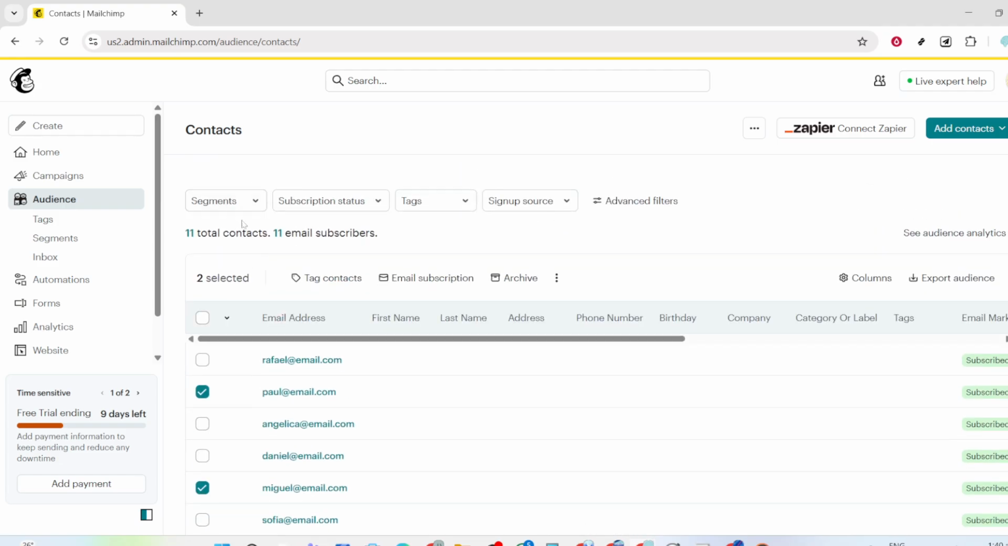Here's a crucial note. Only audiences that are not your default audience can be deleted. The default audience is typically designated by a label or icon and is protected to prevent accidental loss of your primary list. If the audience you're trying to remove is marked as default, you won't be able to proceed with